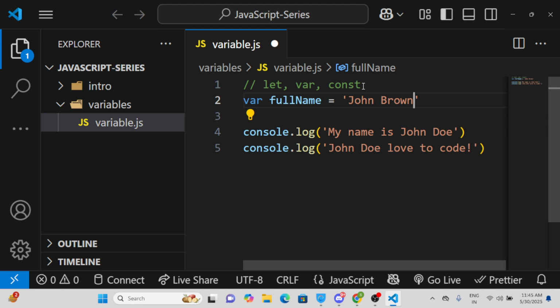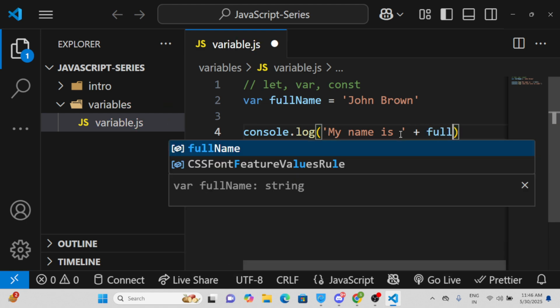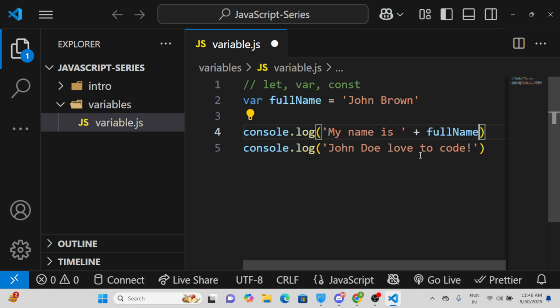And what we need to do now is to change this position that we have John Brown with full name. To do that, we can just come in here and say plus fullName. Now we have our variable. The same goes for the second sentence. We can have fullName plus